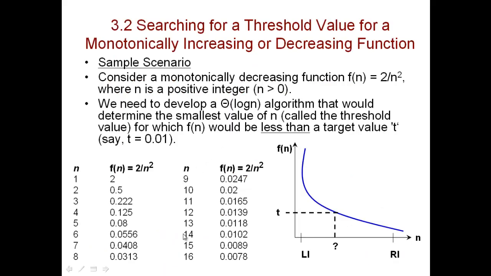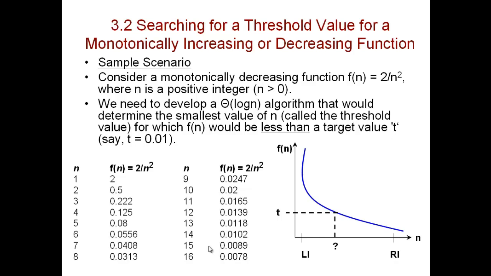We want to find the threshold instead of just sequentially trying all values of n starting from 1. Think about it, it depends on a function. If you do a brute force approach, the minimum threshold could be 1 million or a very large number. You cannot do that with a brute force approach, right? So binary search would be very useful